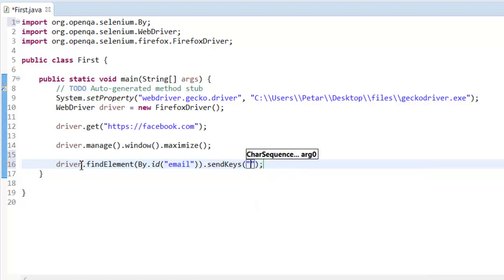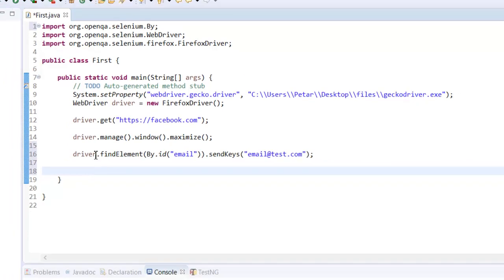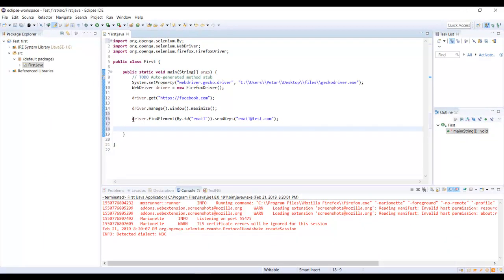That is what is going to be entered inside the input field, and it's going to be email@test.com. In the same manner, we are going to